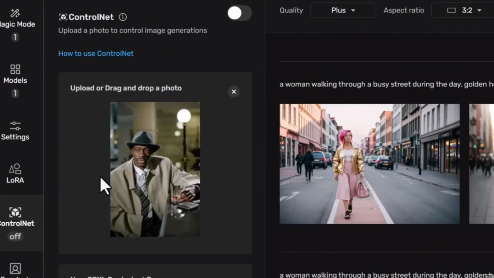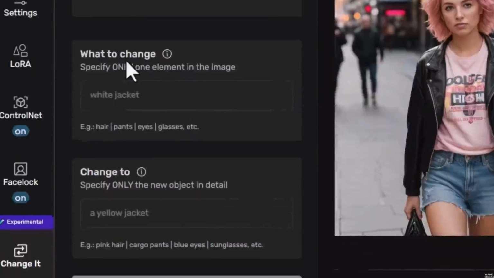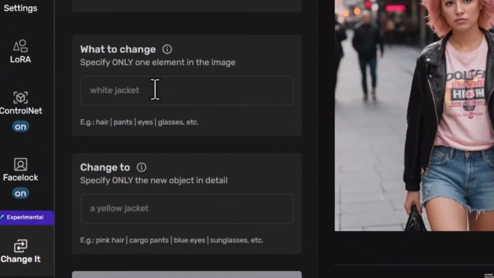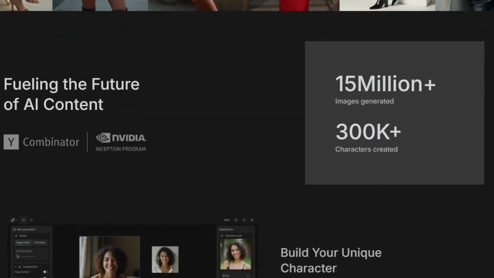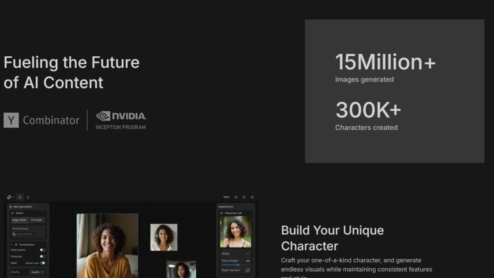Use ControlNet to upload a reference image for controlling the character's pose, offering more control over body positioning in AI-generated art. You can use tools like Magic Mode and change it to alter specific elements, for example, changing the color of a jacket. Ensure the face image is clear, forward-facing, and not obstructed by sunglasses or poor lighting to get